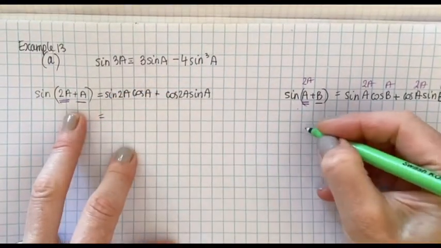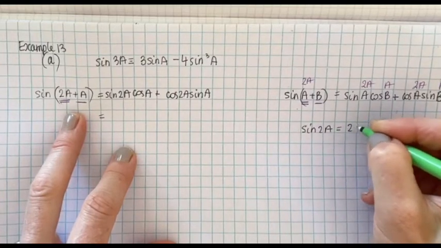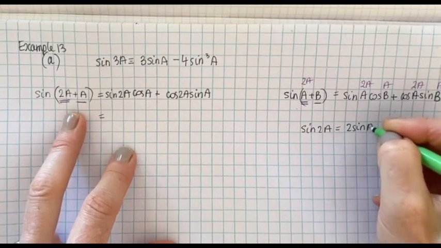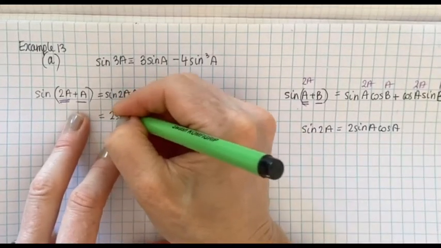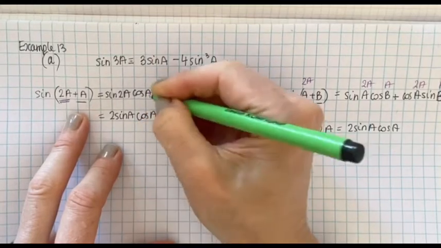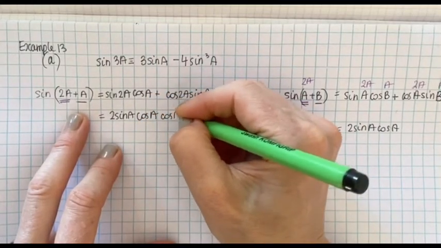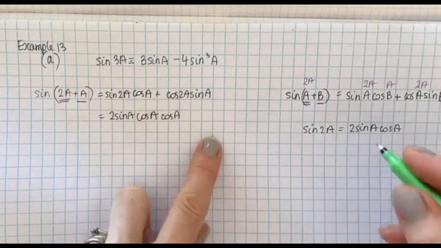So sine 2A is 2 sine A cos A. So that's 2 sine A cos A, and then followed by another cos A. So we've got no option but to use this one. For the second one,